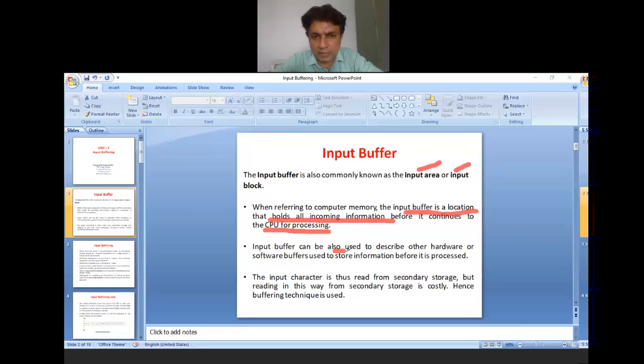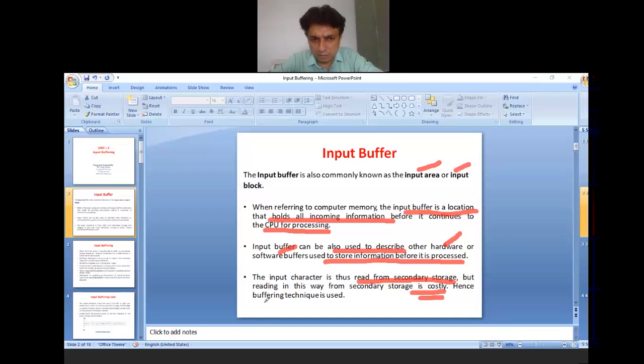The input buffer can also be used to describe other hardware or software buffers used to store information before it is processed by the CPU. The input character is thus read from secondary storage, which is the hard disk, but reading in this way from secondary storage is very costly.